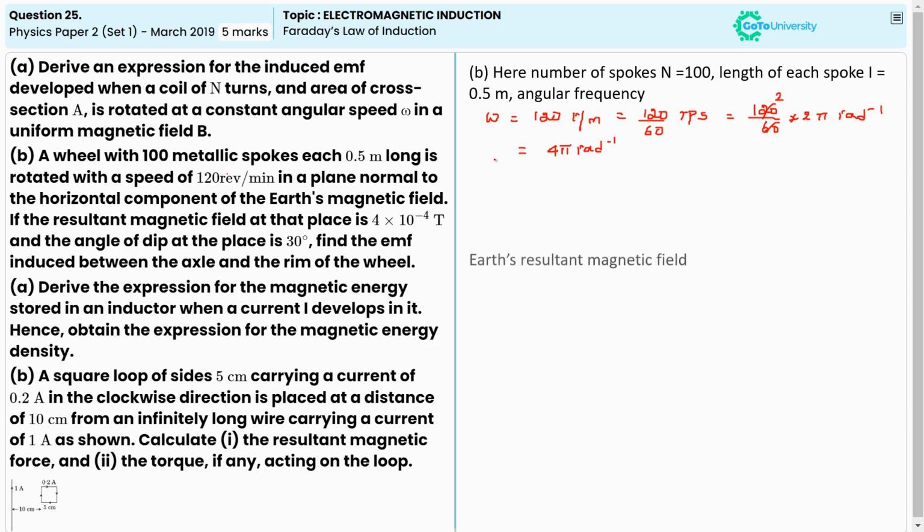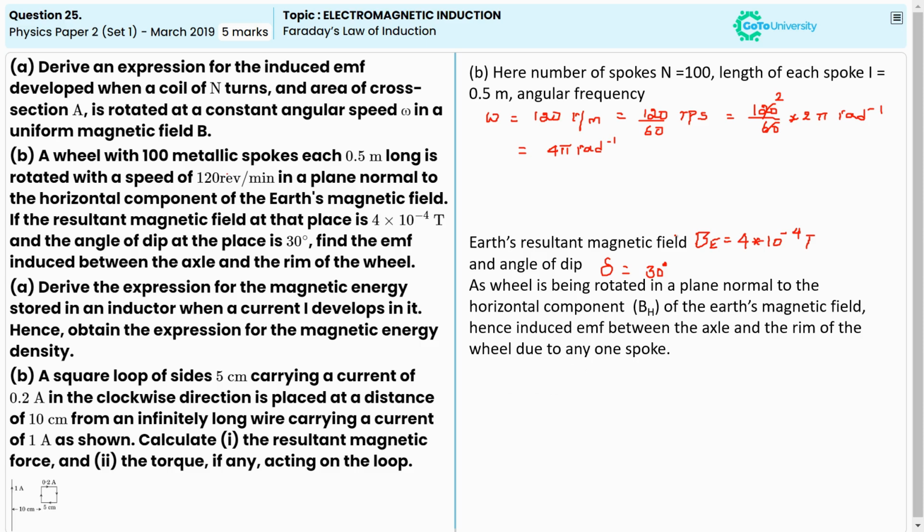Then Earth's resultant magnetic field, that is B E, is equal to 4 into 10 to the power of minus 4 T, and angle of dip, that is delta, is equal to 30 degrees. As the wheel is being rotated in a plane normal to the horizontal component B H of the Earth's magnetic field, hence the induced EMF between the axle and the rim of the wheel due to any one spoke